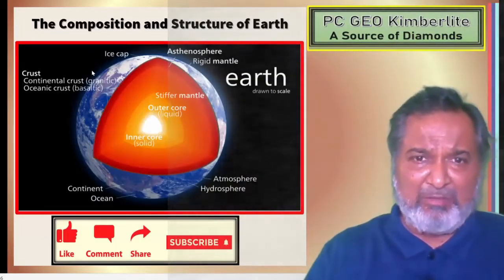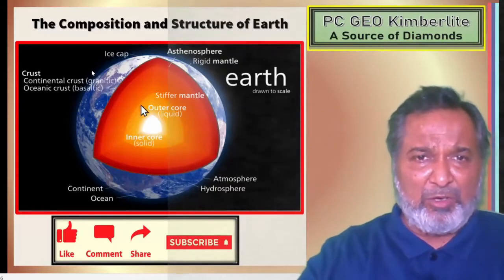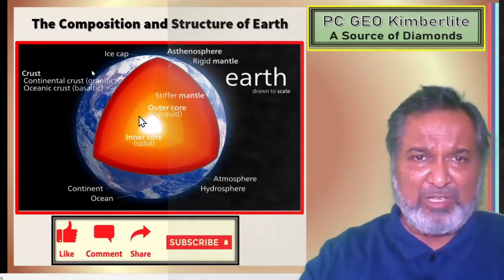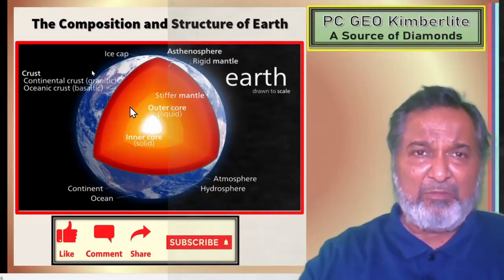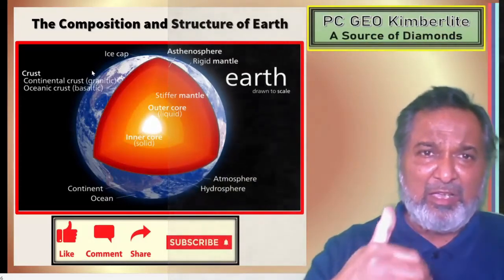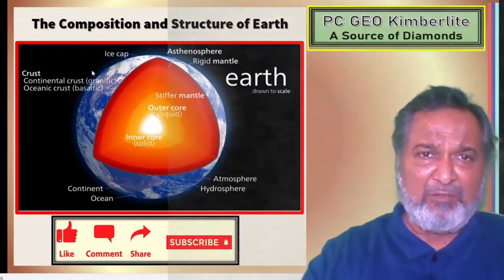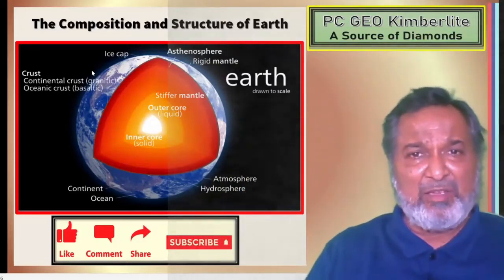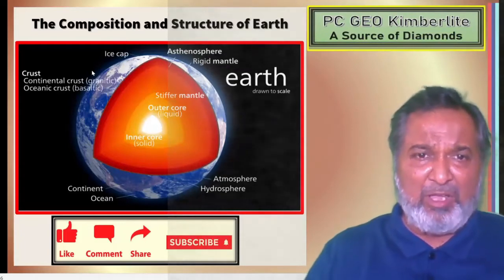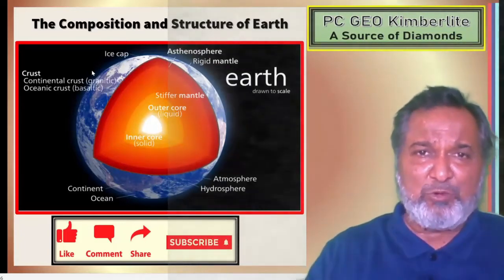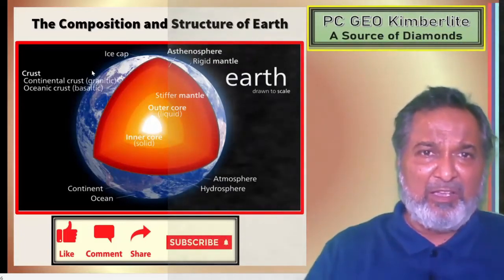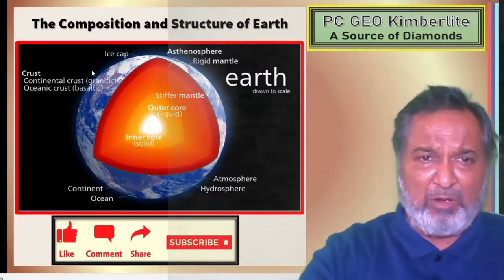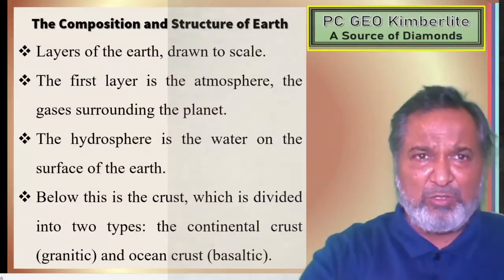So this is the diagram, which has the inner core solid, then the outer core liquid, then we have the mantle, inner and outer, then we have the crust parts, sial and sima. Then we have the atmosphere on the top. On the surface, we get the hydrosphere, biosphere, and the ice caps, everything which makes up the continents and oceans.